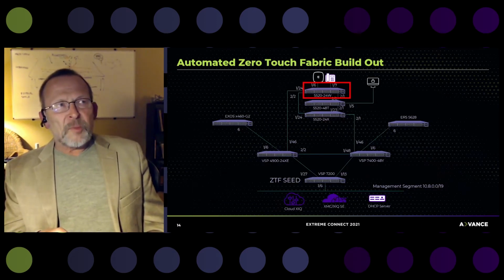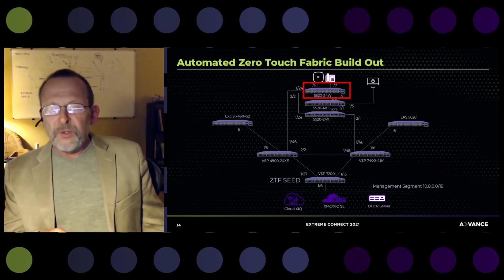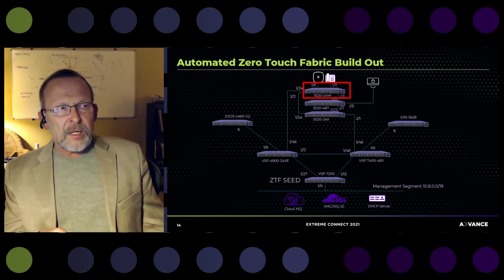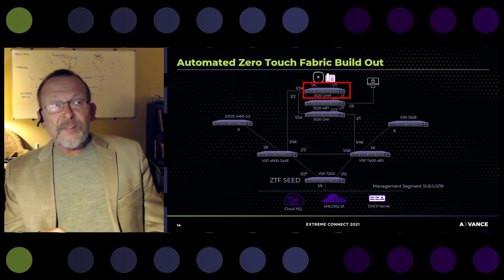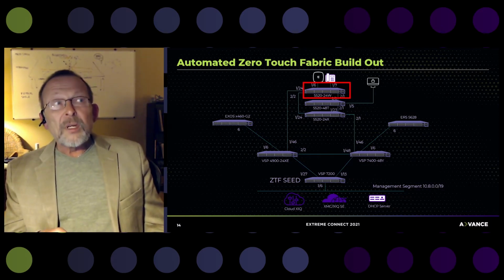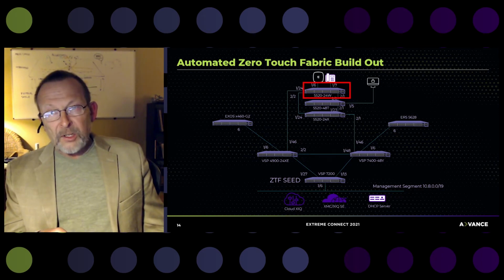So in order to display that, we're going to move to the far end of the topology. Now, I want to emphasize that the only switch that we've configured is the 7200 at the bottom, the switch that says ZTF seed. Everything else is in default, factory default, out of the box. So we're going to log into this switch, 5520-24W, factory default out of the box, and we're going to watch